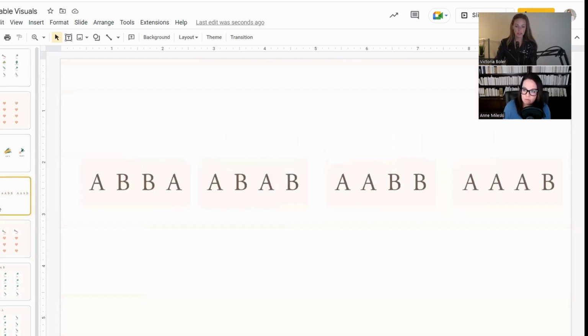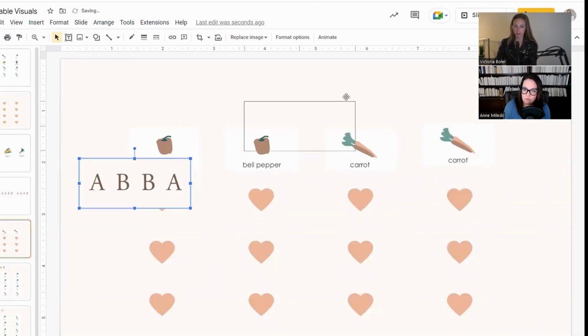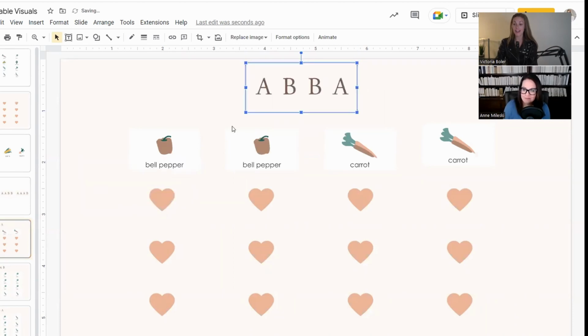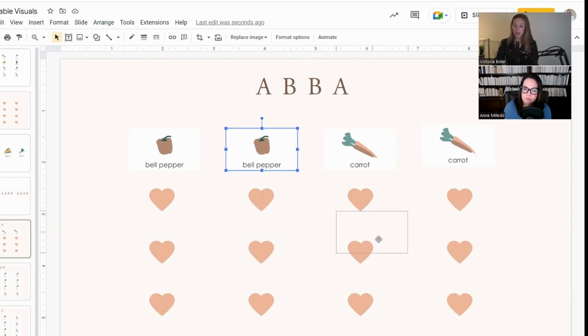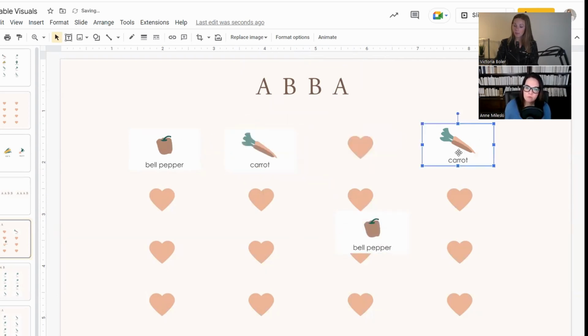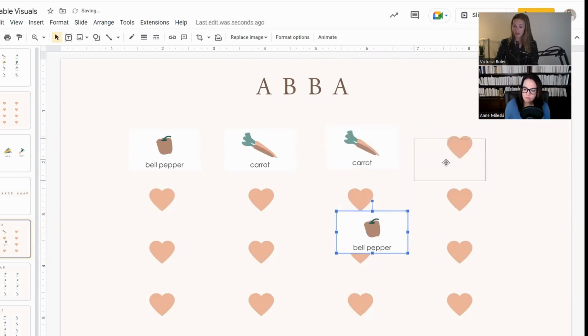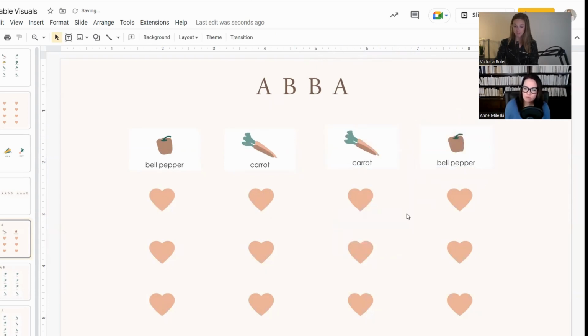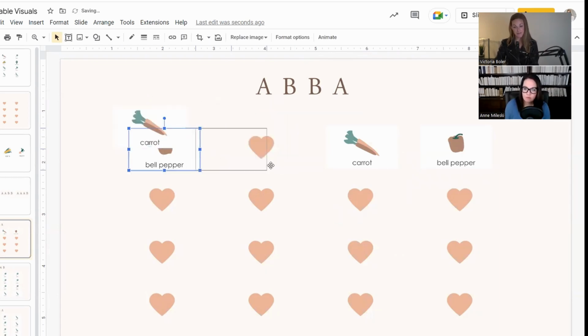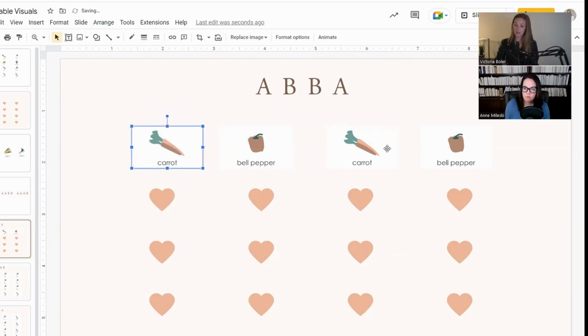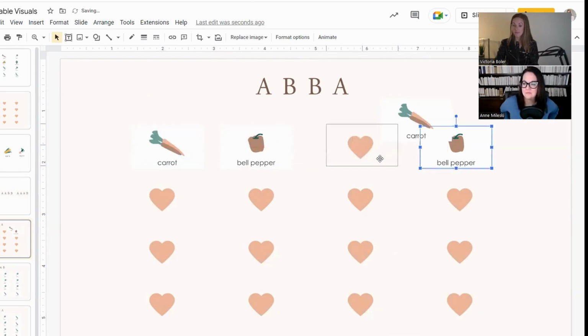And then eventually, these should actually be lowercase, but we're not going to get too nitpicky about that. Eventually, I can add in labels on top and say, let's make our own patterns here. How can we make A, B, B, A? And students would say, okay, we can do bell pepper, carrot, carrot, bell pepper. And I would say, you're correct. But there's another way we could do it too, and it would still be correct. And they would talk amongst themselves and eventually come out and say we could do carrot, bell pepper, bell pepper, carrot. We do the same thing but opposite and still keep the same pattern.